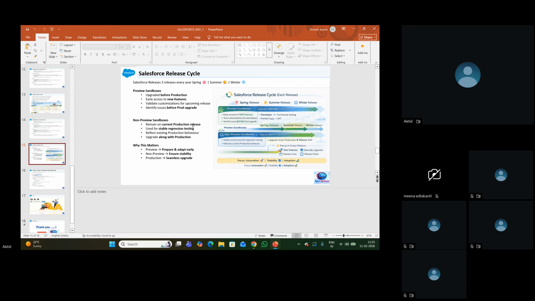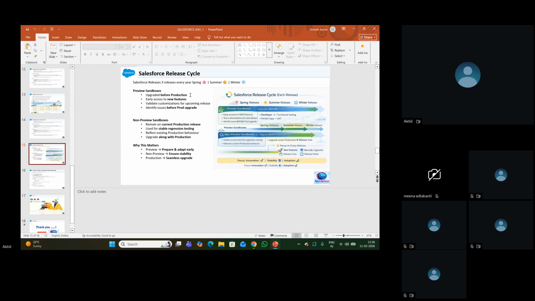Non-preview sandboxes mirror the current production release, used for stable regression testing, reflecting existing behavior. But in short, remember, Salesforce will have 3 releases every year.